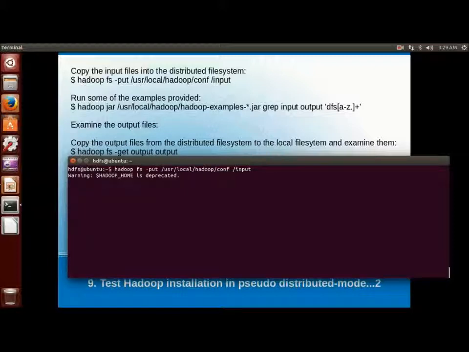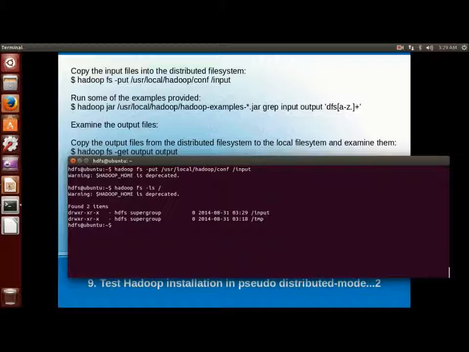It will not take much time because we are copying a small number of files. How can we check whether the files have been copied to the destination directory? HDFS maintains a directory structure similar to Unix.